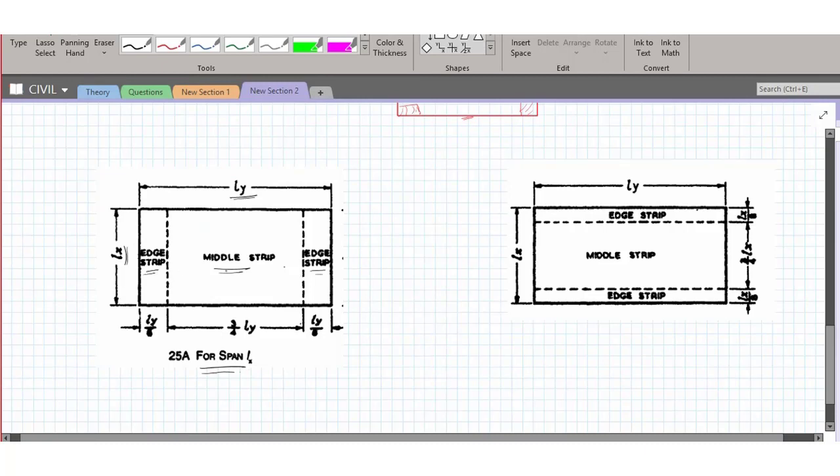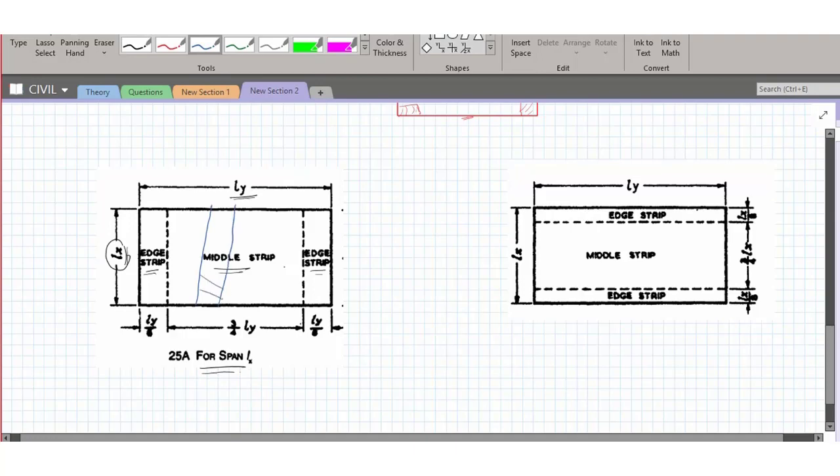Okay. So when you divide the slab into middle strip and edge strip, please observe these things. It's written for span Lx. So when I'm designing the slab which is spanning about the shorter span, what do you generally do? You consider a 1 meter strip. Is it not?